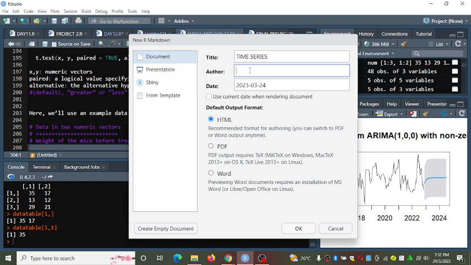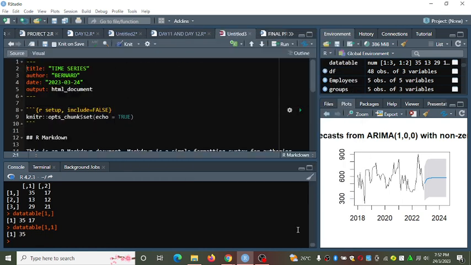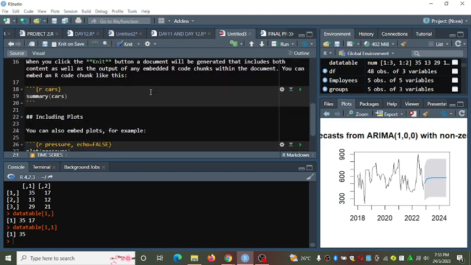And the other, you can say this is Bernard. Yes, that's indeed HTML. I can say okay. Let's wait. Yes, you can see we have Time Series, that's the title. We have 2023, this is the date. Output is just an HTML document.